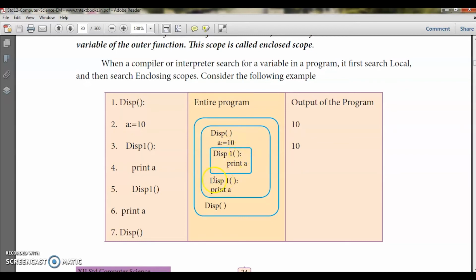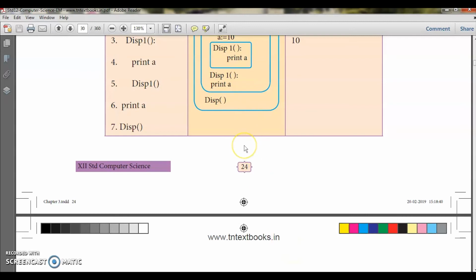Okay, so then display 1. First it will come to this statement, display 1. So when I call this function, it will get inside this. Here it will print a. So here we have a is equal to 10. Okay, as it is within this scope, it will print 10 and access it. Again I am asked to print a. Now this a is specified here, so it is in its local area, so it will print output 10. And again I have called this disk function. So it has a variable a as 10, but then it will be asked to print a. So let us see what will happen here.